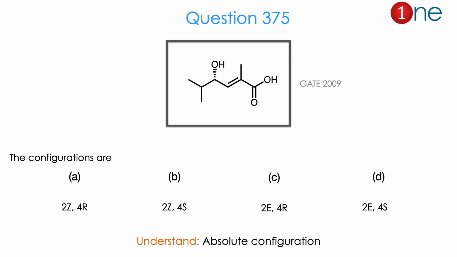Then let us look at the next question. They have given the chiral compound with an alkene, which is an alpha beta unsaturated acid. So you have to find the configuration there. There is one chiral carbon and one alkene. So you have to find the configuration, whether the alkene is E or Z or the configuration is R and S. So there are different configurations in the same molecule. One is absolute configuration, another is E/Z configuration. So from the question of chiral center and 4 different possibilities, you might realize the question is really about absolute configuration of the chiral center and alkene. The answer is D. Let us see how.